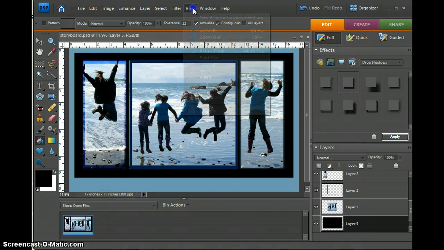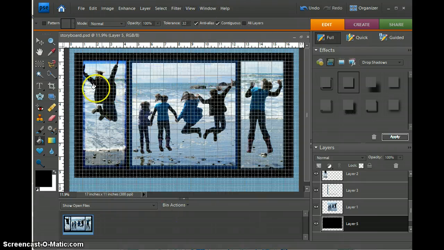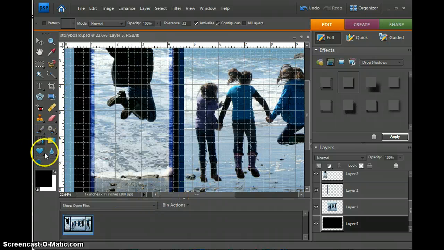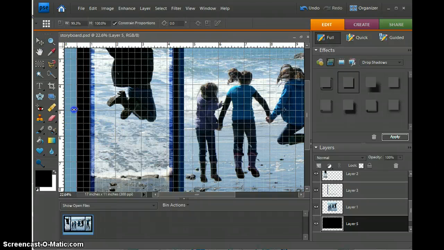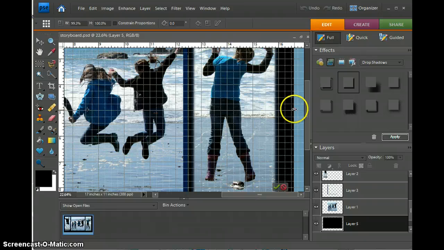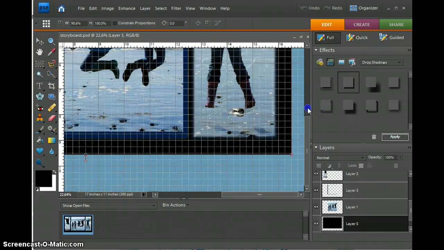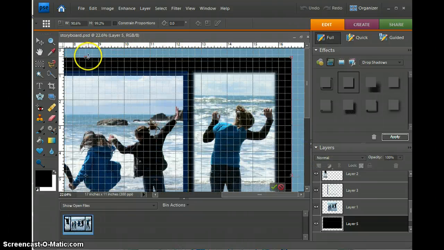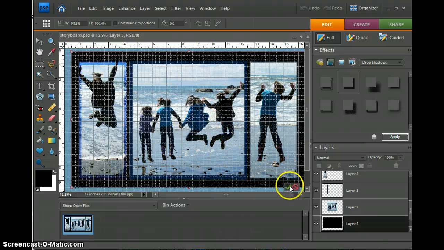Now there's a couple things you can do. If you click view and grid, you can get a grid and really scroll in and look at, do you have the size that you want? Do you have it around everywhere you want so it's kind of the same? You can check the top and the bottom. I'm going to bring that up just a little bit to clean it up so I have the same amount just about everywhere. So now I can push OK, and I'm going to turn my grid back off